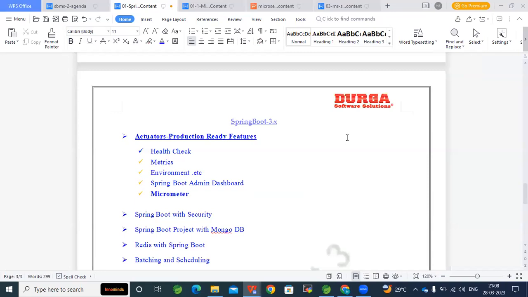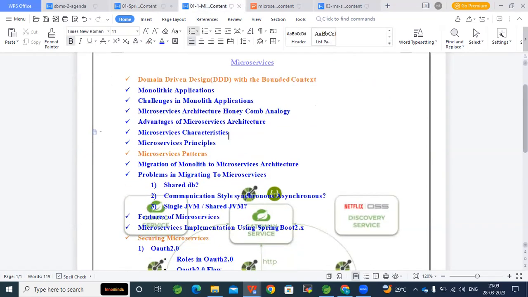Spring React Native will not be covered. Actually, I don't have the thought on it because first, let us cover Spring Boot completely, and then if time permits, we'll go with Spring React, but I'm not sure. Yeah. So then let us see the microservices